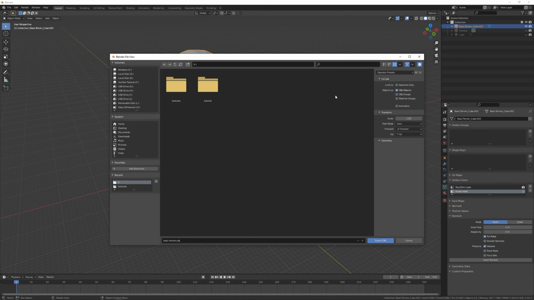So what we want to do here, and I guess you have similar options to this in other programs, but at least you want to have selection only. You don't want to export your camera and lights, and if you have other shapes in the same scene, just the selection. And then we don't have to write materials, but we do want to triangulate the faces.